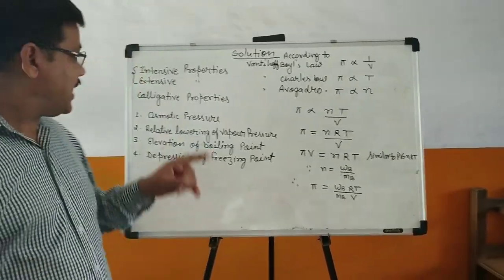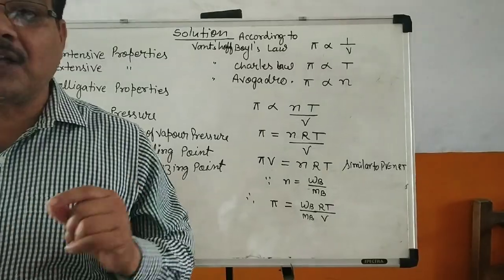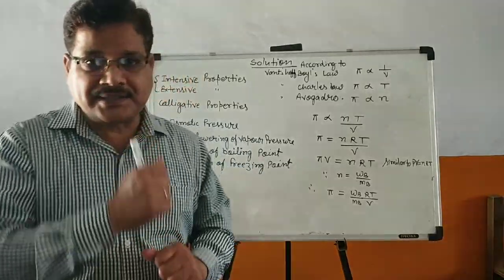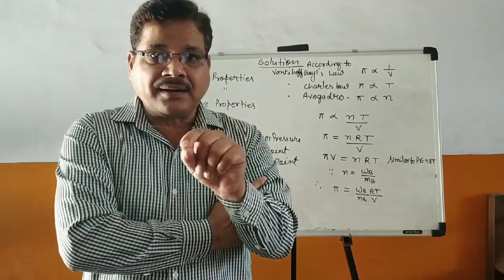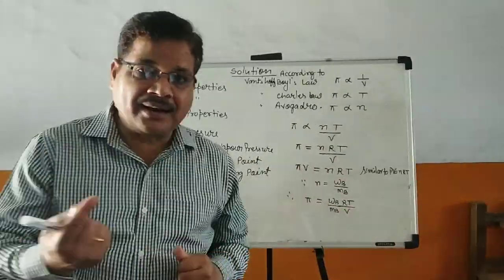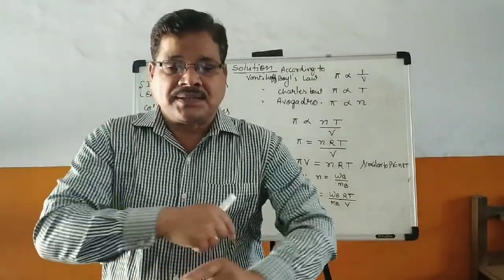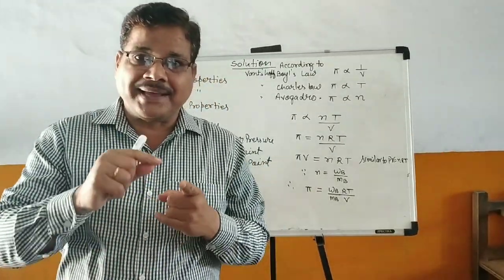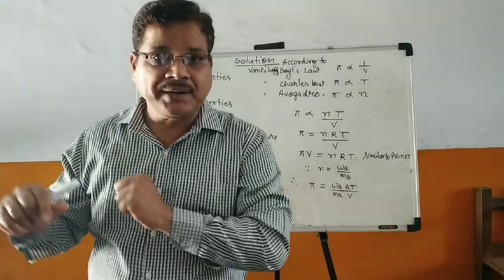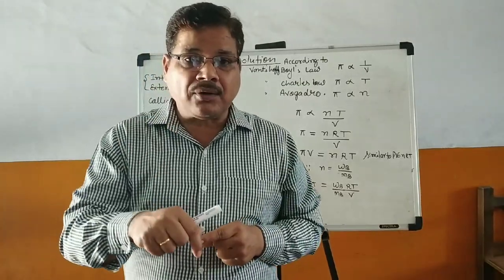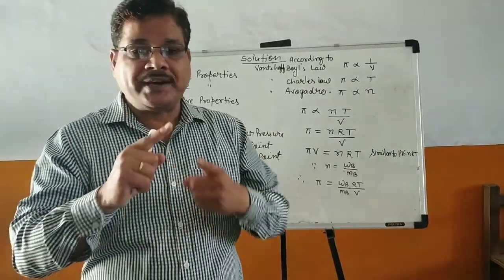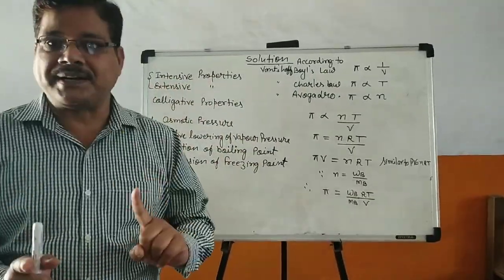Extensive properties are those properties which depend upon the quantity or mass present in the solution or system. Like energy. One vehicle can run 20 kilometers, suppose, in 1 liter petrol. Another big vehicle can run only 10 kilometers in 1 liter petrol. With the help of 1 liter petrol, our bike can run 60 km. 2 liter petrol, 120 km. That means, what is there in the petrol? Energy. So 2 liter petrol can have more energy as compared to 1 liter. So energy is an extensive property.